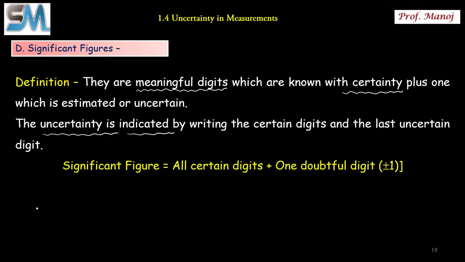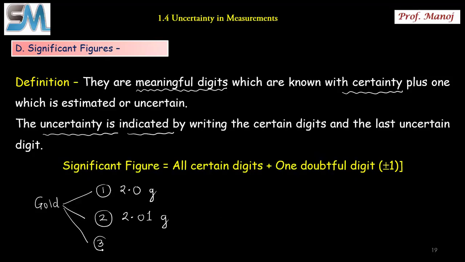Let me explain it. Suppose you have a piece of gold with you. Listen to this example carefully. You go and measure it on a balance number 1. The gold piece is weighed as 2.0 gram. Fine. You go to another shop and check the weight. They have a little different balance. They give you the weight as 2.01 gram. Now you are a little suspicious. You go to third balance and you find the weight as